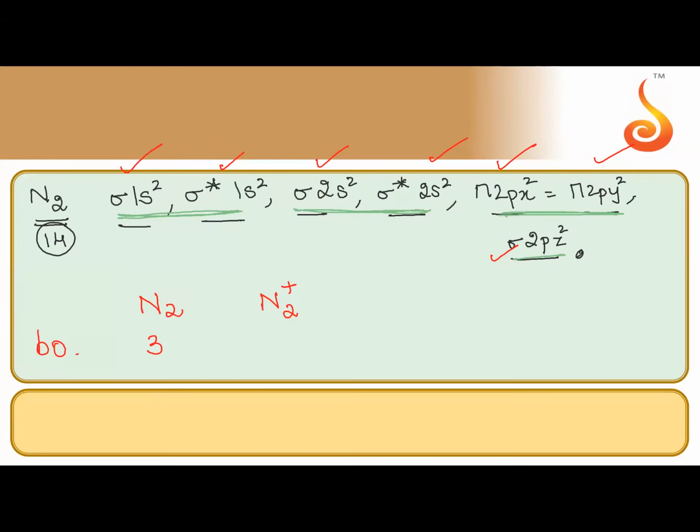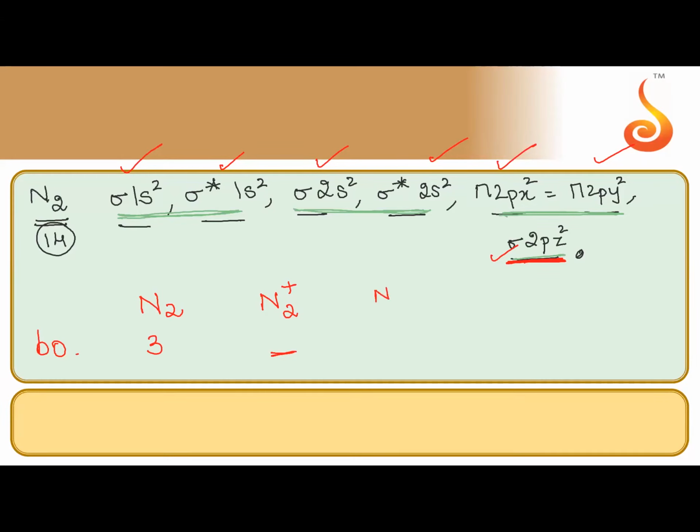When I am removing an electron, if you know that the last orbital was bonding, here only you can tell, children: if you remove an electron from a bonding orbital, bond order decreases. If you remove an electron from anti-bonding, bond order will increase. Similarly, if you're adding an electron to bonding, bond order increases. If you're adding to anti-bonding, it decreases. So where are you removing the electron from? Bonding. Meaning what should happen to the bond order? It should decrease.